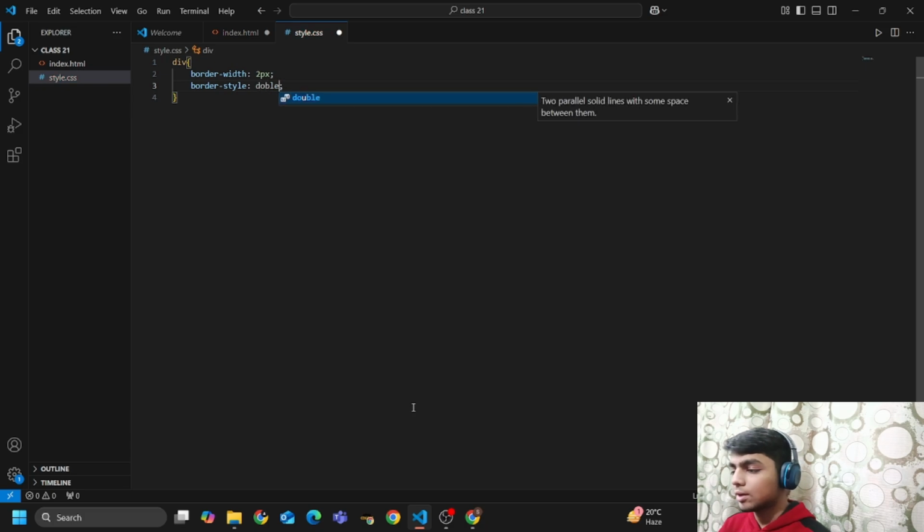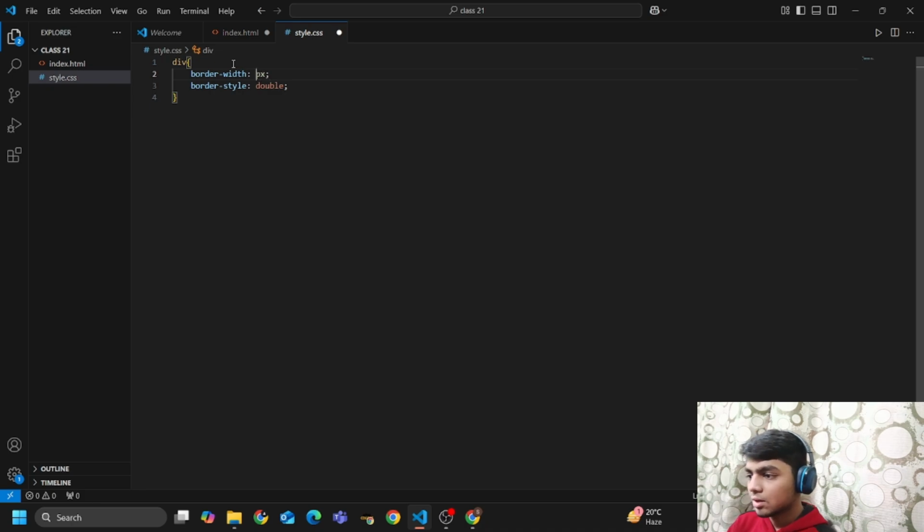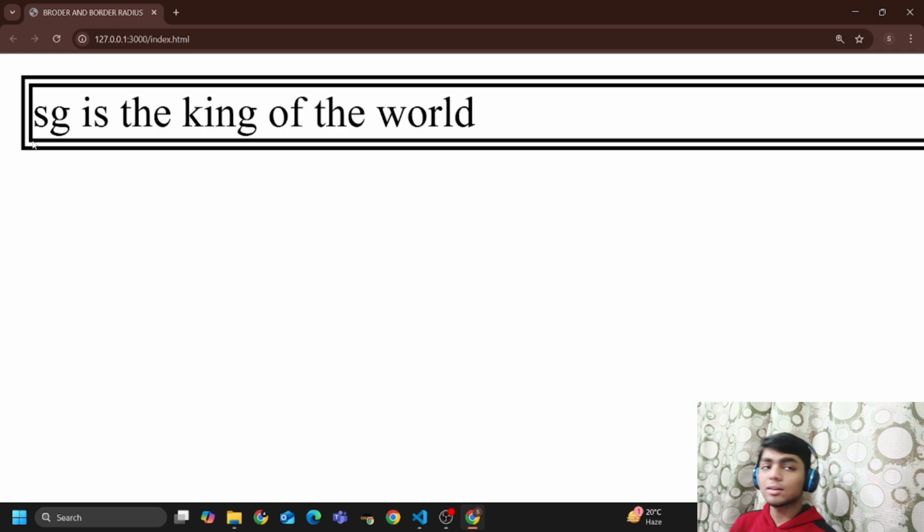I also have to increase the width. If I increase the width to 5 pixels, see, now my border is double. Okay,